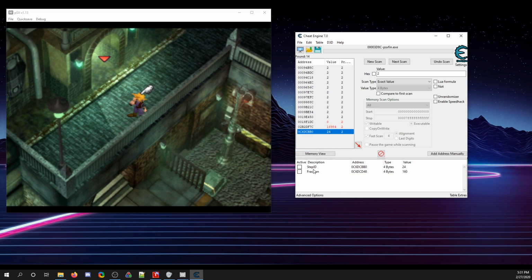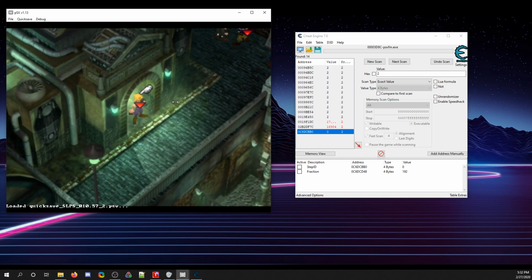Alright, so those are our two memory addresses. But now the question would be, well, what do you do with this information? Well, I will show you some stuff you can do with this information. So the first one that is probably overlooked a lot is you can start figuring out which screens are hostile and which ones aren't, because there are some screens that you would think you can get encounters on but you can't,